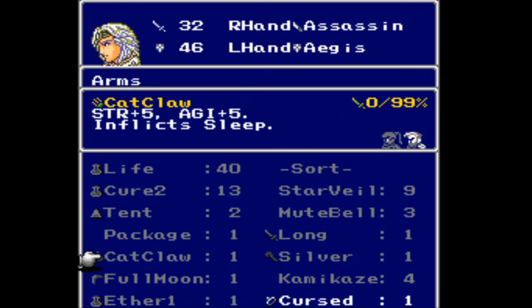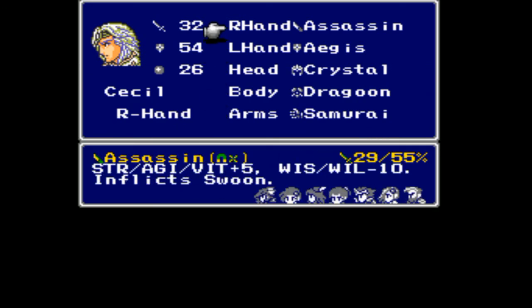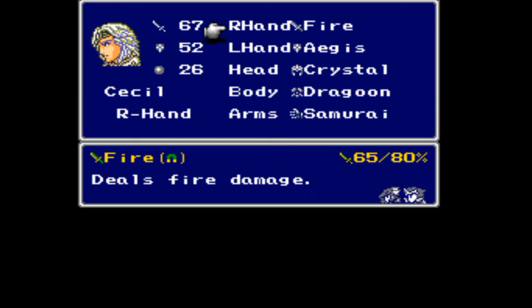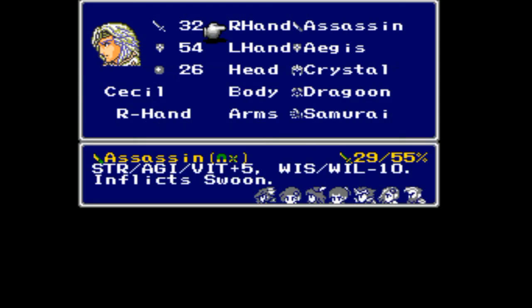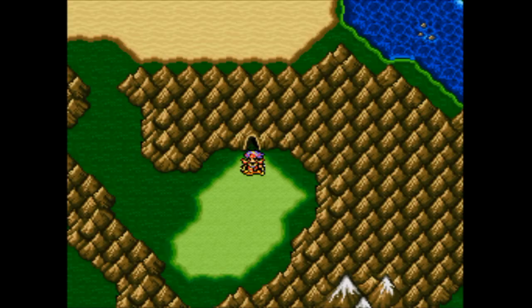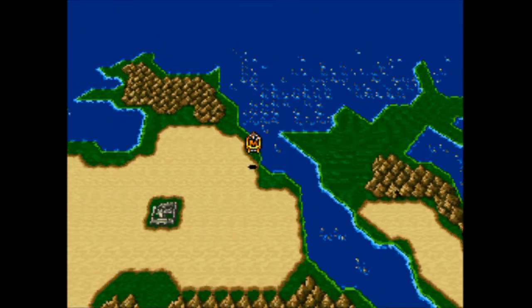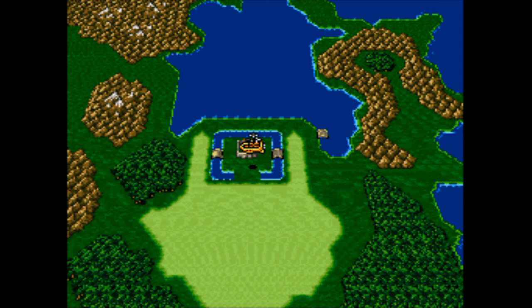Probably actually help if I equip Cecil too. I think Assassin Dagger is probably okay for now, just because it gives that extra strength, agility, vitality boost. Technically didn't equip Tella either. And I guess...